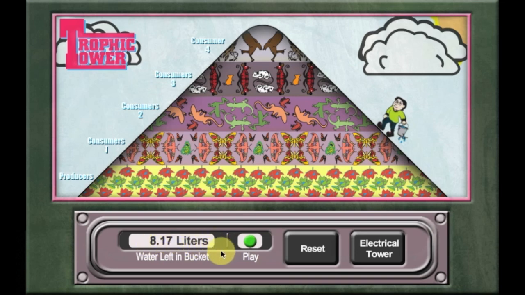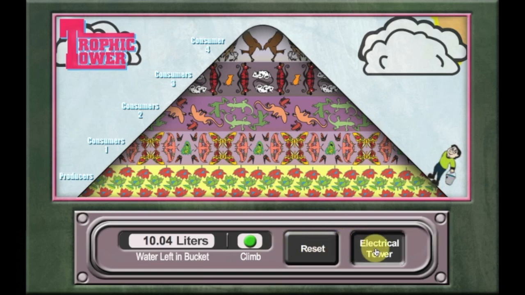Once you have recorded the water level, click Play to resume. You can play this recording over again if you need to. To do another test of the pyramid, click on the Reset button and a different test can be done. Once you are done with the trophic pyramid water test, click on the Electrical Tower button to do the electrical